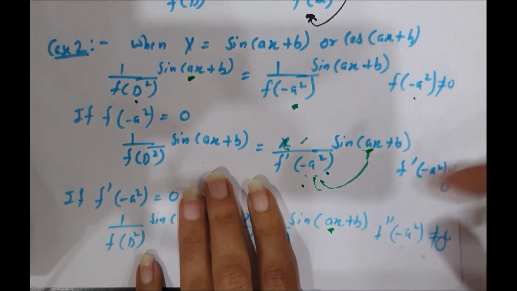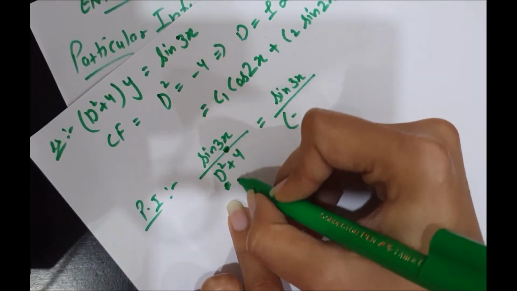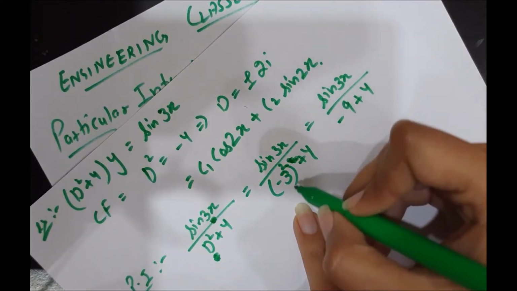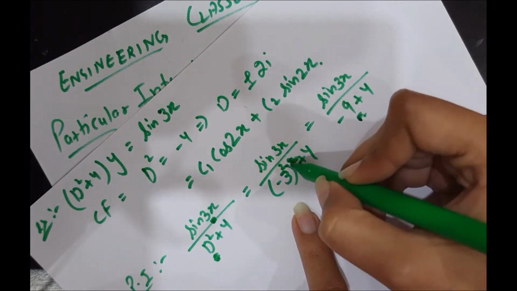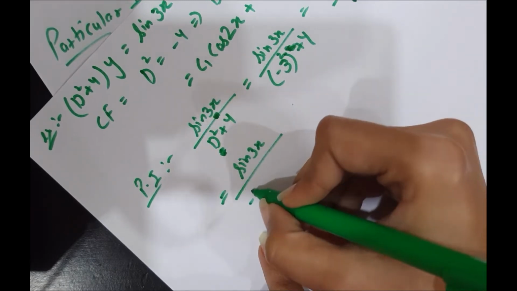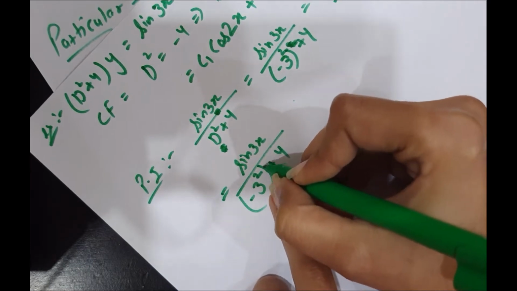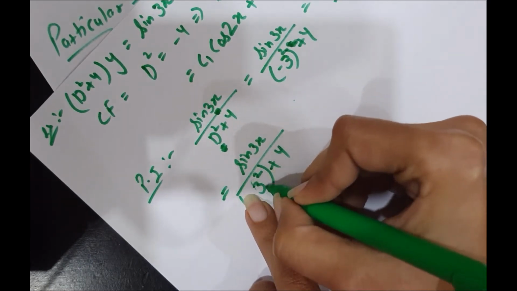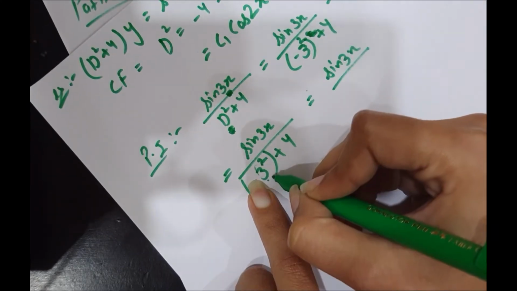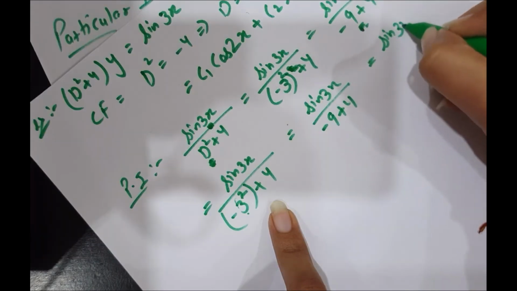So here as mentioned, put this a value here in place of d square. Here put this 3 value in place of d square with minus sign. It would be minus 9 plus 4. You must be wondering how the minus 9 came from. We have squared only this part, 3 square, so it's minus 3 square plus 4. We have not squared this whole bracket. We have just squared this part. This minus remains intact. It would be minus 9 plus 4 sine 3x.